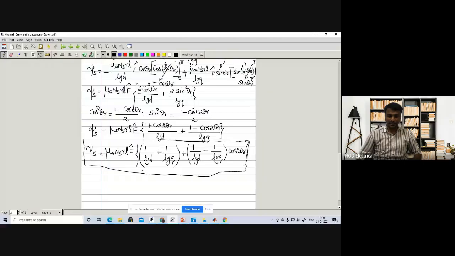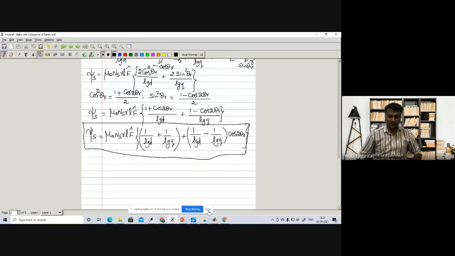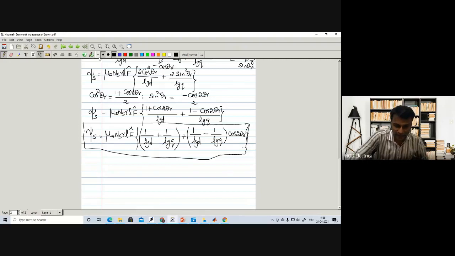Now let me share my presentation. In the last class, I promised how we have to find out the value of f cap. This is the derivation we derived in the last class. So how we find this f cap is a very important parameter, because only then can we find the final inductance value.